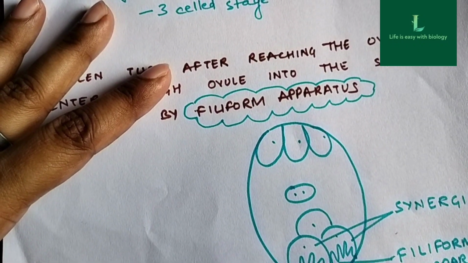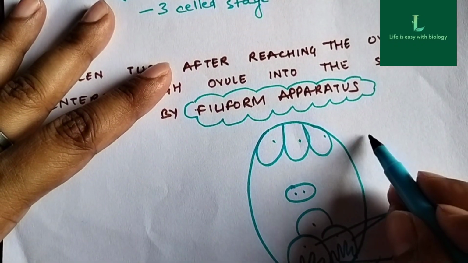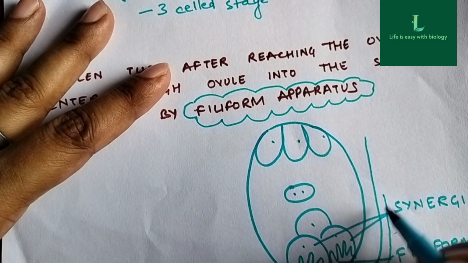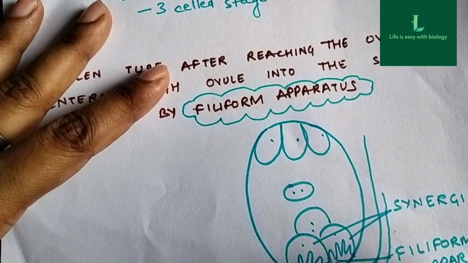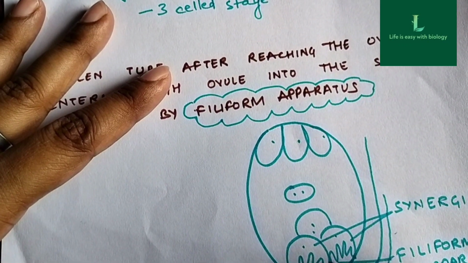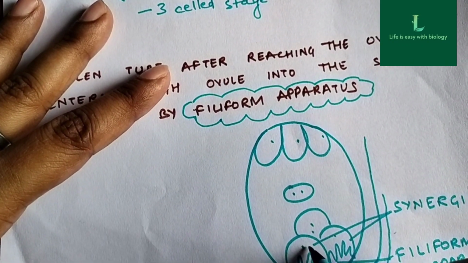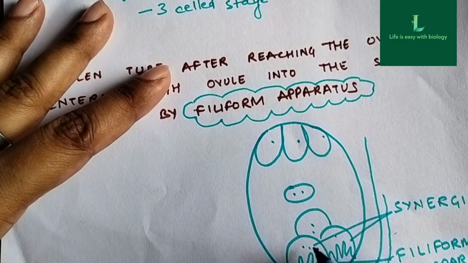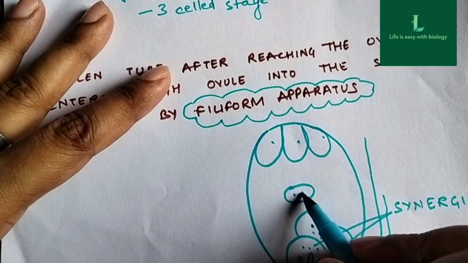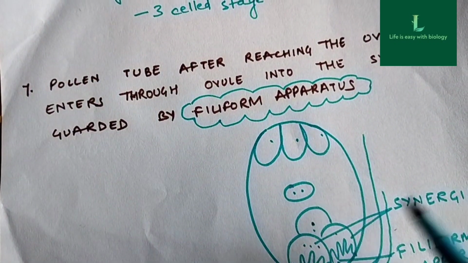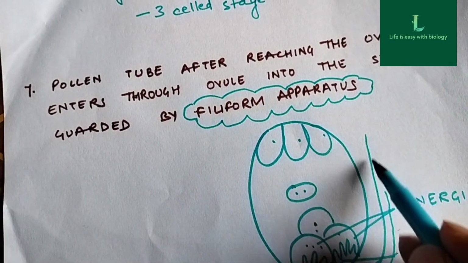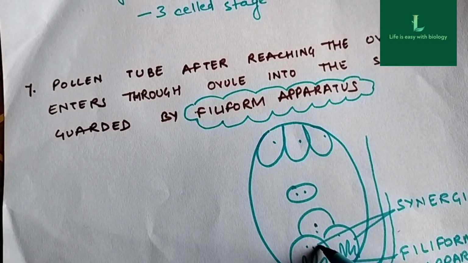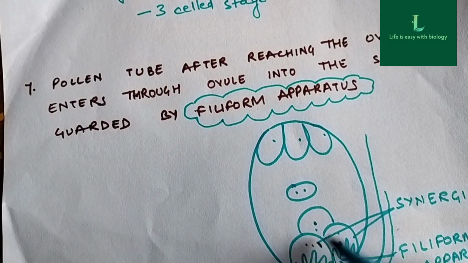This filiform apparatus guides the entry of the pollen. यहाँ पे pollen tube आया ना student, तो ये guide करेगा pollen tube का entry into the egg apparatus. Okay, this will allow the male gamete to reach the cytoplasm of the synergids, and then one of the male gametes will fuse with the egg cell and the other with the polar nuclei. This will be dealt with later. Is this clear student? यहाँ से pollen tube आया और ये filiform apparatus उसको रास्ता दिखाया कि यहाँ पे अब चलो synergids में जाओ. Fine.